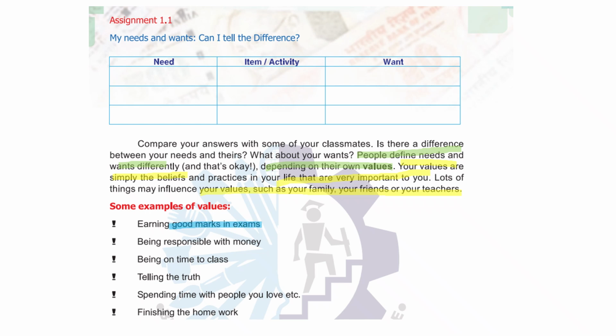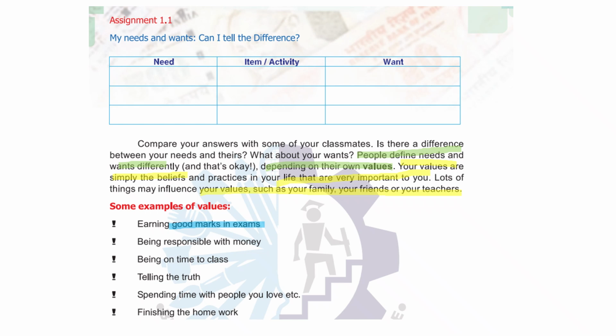Earning good marks in exams. करेंटली तो आपका यही होगा कि आईएफएम के एग्जाम में अच्छे मार्क्स आना है, that's why you are watching the video. So see, it's everything connected, you had the value that you need good marks, so you thought about it, you set the goal that yes, I will get good marks, you created the plan कि okay, today I will watch the video, then you implemented it, the time you decided to watch the video, you are watching the video right now. And if you were busy at that time, you changed your time like from 6 o'clock to 8 o'clock to watch the video just to achieve your goal.